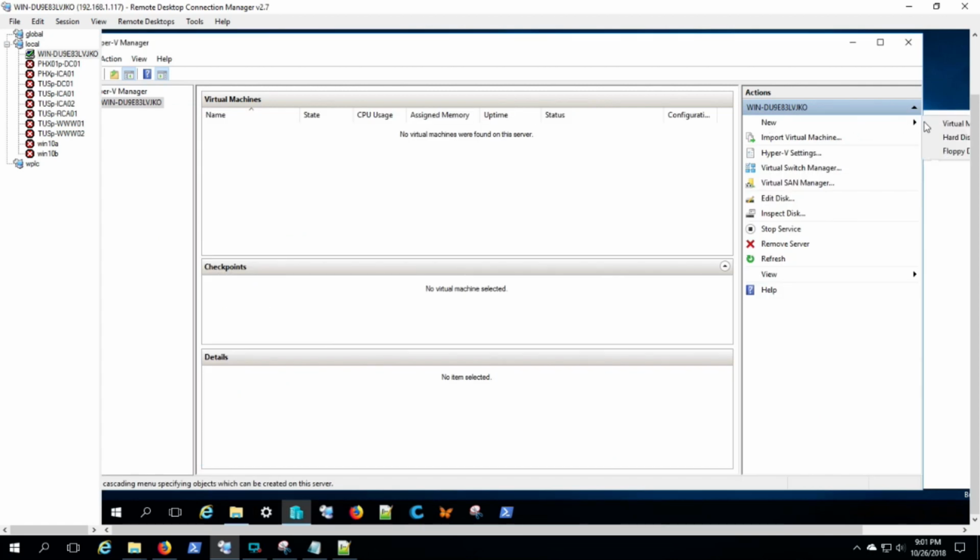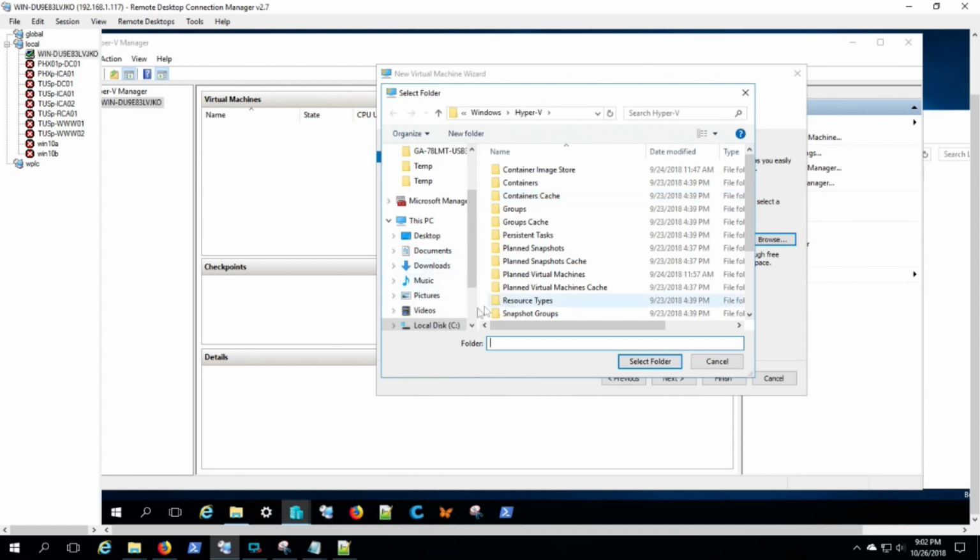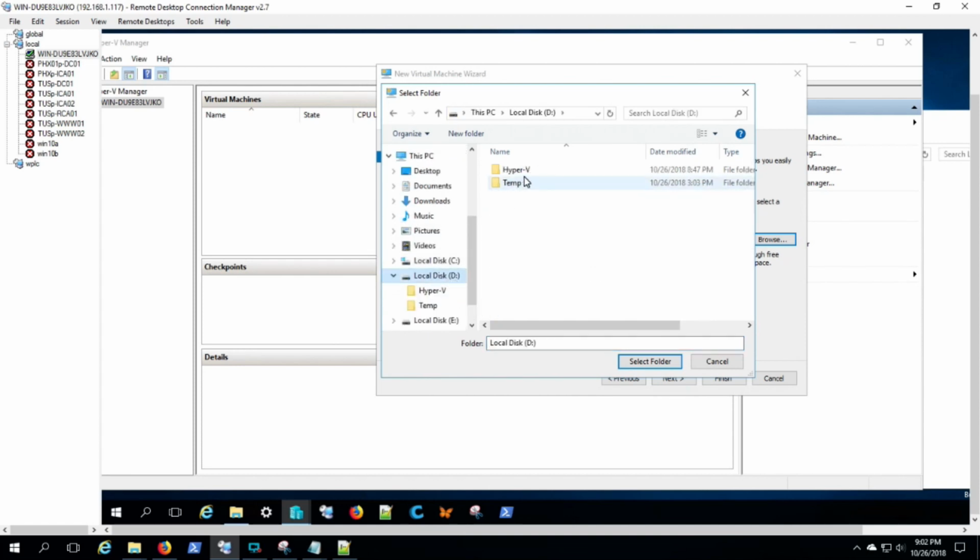Time to work on the server base image. Let's build a new virtual machine called Base 2016. It's good to have a plan for your Hyper-V file path before deploying virtual machines. Let's use D:\Hyper-V for the machine path. This will result in provisioning a folder in the name of the server under D:\Hyper-V. Under that folder there will be a child folder for the virtual machine and a child folder for the virtual